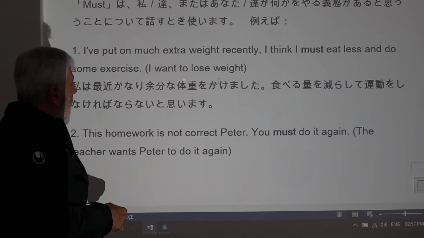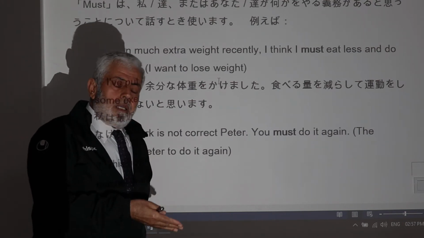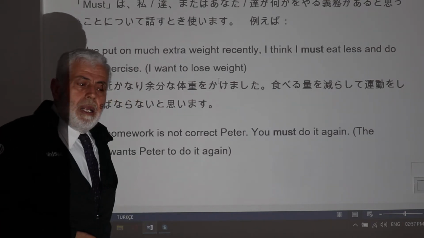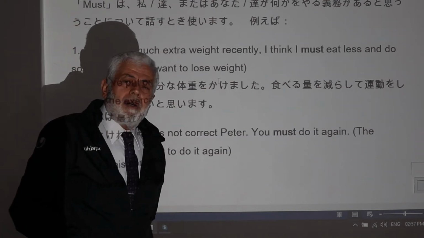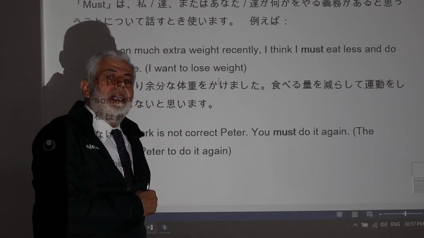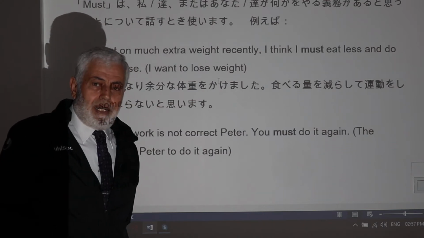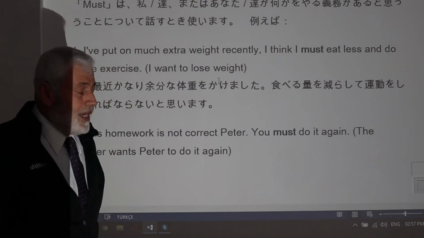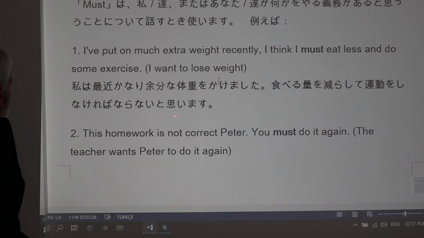どうしてでしょうか？I want to lose weight. 体重を減らしたいから、どう減らしていいのか。やっぱり何々をやらなきゃならない、何々しないと結果までいかない。それで I must を使っています。